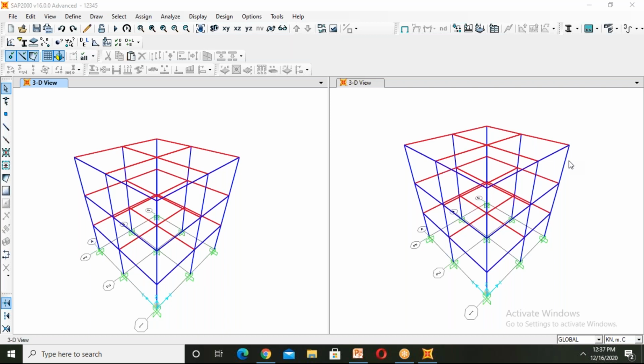The pushover curve, which is the result of the pushover analysis, will be more accurate in SAP compared to ETABS. That's why for nonlinear analysis projects, we prefer SAP.